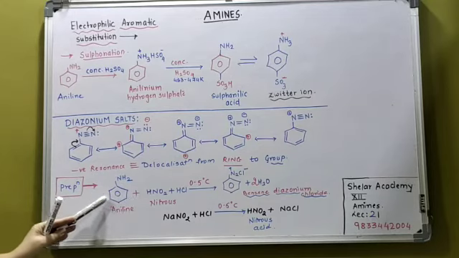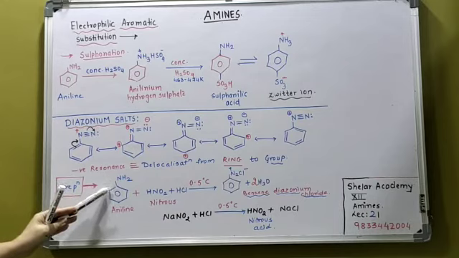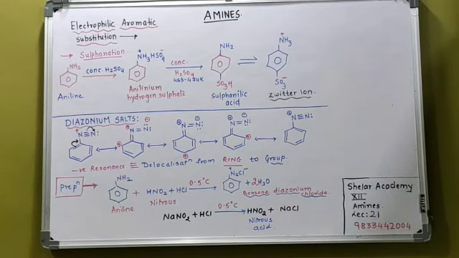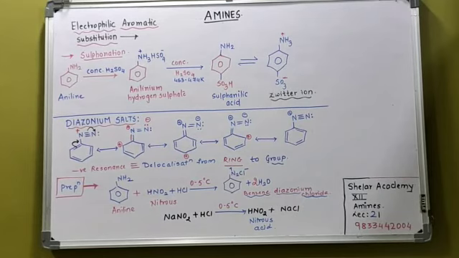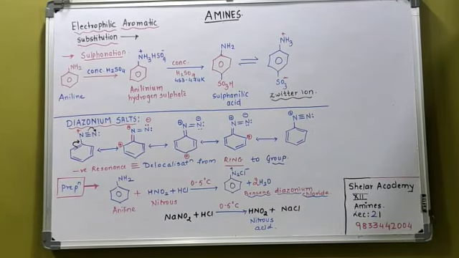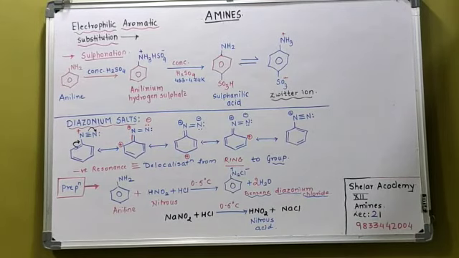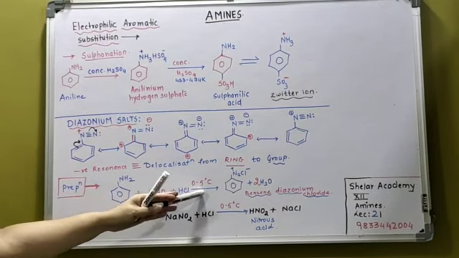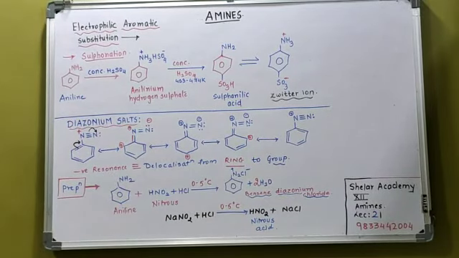The reaction given by a primary aromatic amine is diazotization, at 0 to 5 degrees Celsius, converted to benzene diazonium chloride. We have prepared a salt. In the next lecture, we have to go for the reactions of benzene diazonium chloride. Okay, it's all for today.